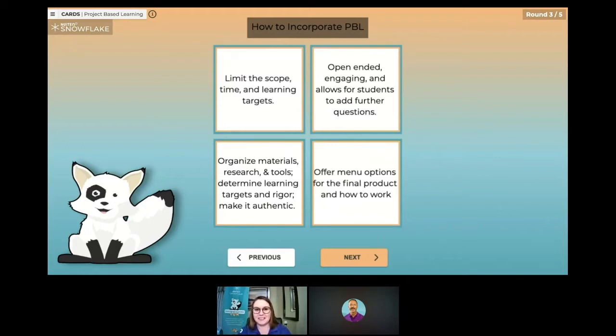So maybe instead of saying you can do anything, you can research this in any way, say you can create this project using one of 5 different methods. So maybe you want to do a Google slide or a poster or a speech or a video or whatever it is, limit it down so that the students have something to choose from. They're not overwhelmed by too many choices, but